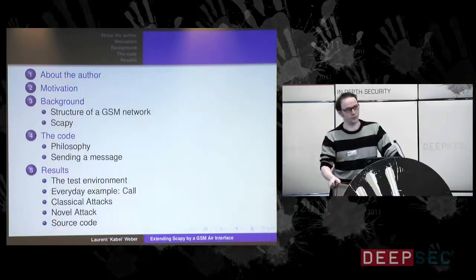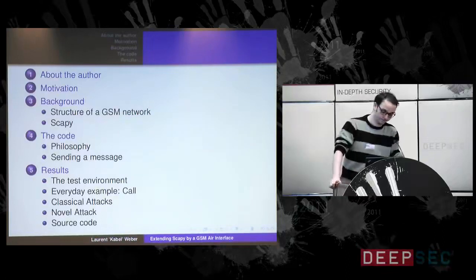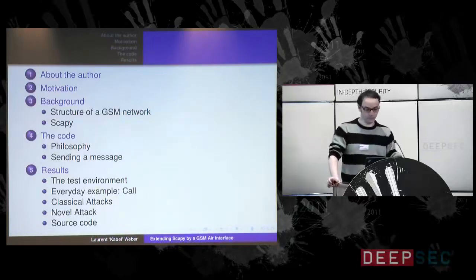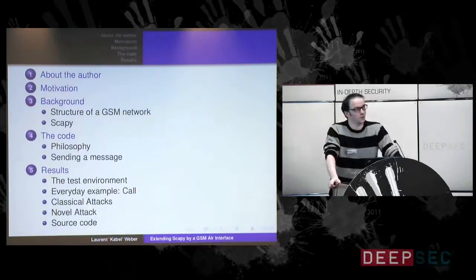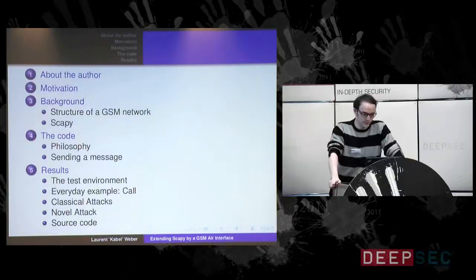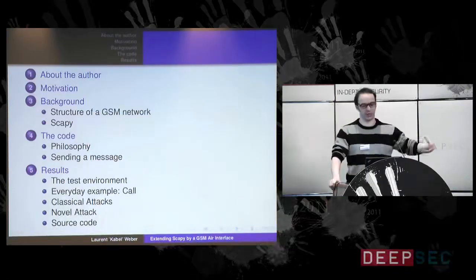First of all, I will start with some well-known and well-understood attacks that you can find in the literature. I will simply recreate them and show you that using my tool it's really easy to get them set up, and that helps researchers to focus on attacks and not on how to realize them later on.